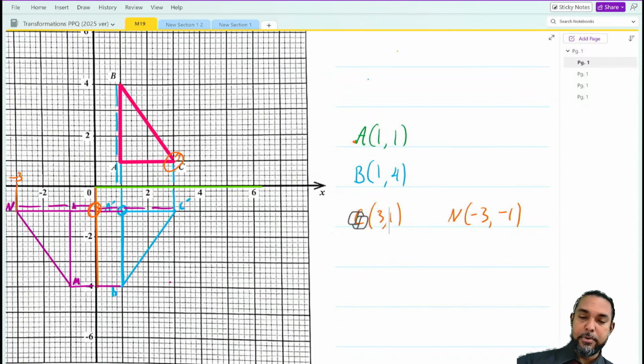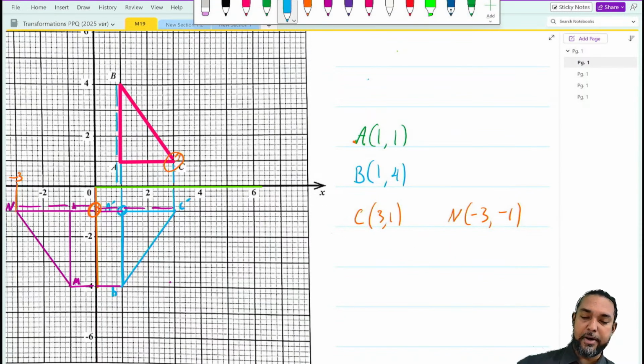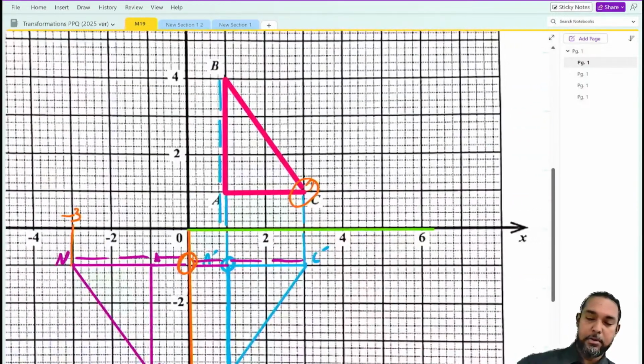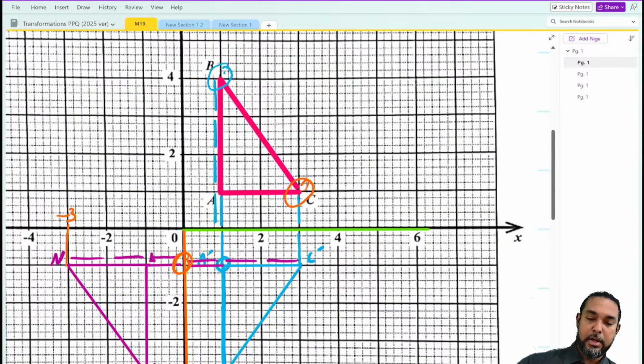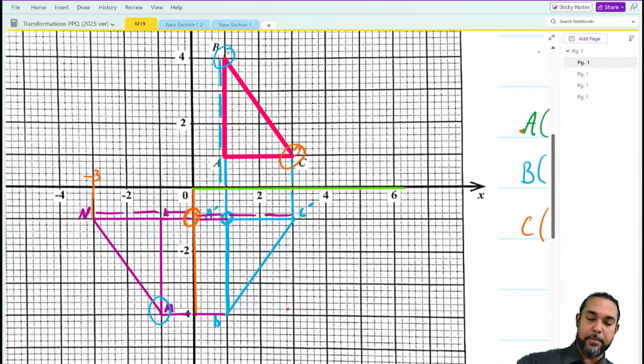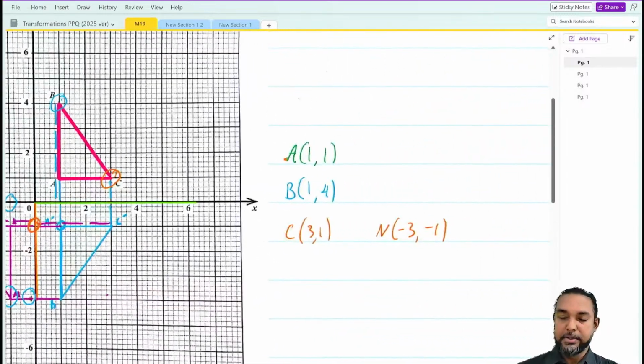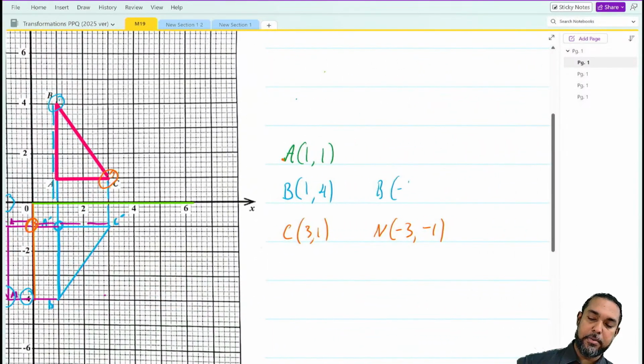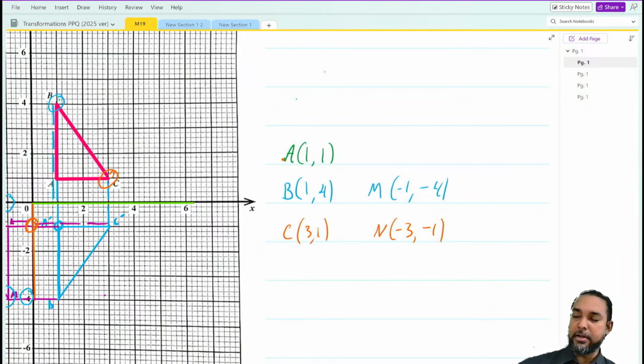Okay. What about B? All right. So coordinates for B were here, right? That was 1, 4. And the corresponding point for B is the lowest point down here. What are your coordinates there? -1 on the X and -4 on the Y. Okay, so for B, sorry, not B, M, my bad. Are you seeing any similarities here? It's the same numbers, just different signs, right? So these were both positive, these were both negative, but they had the same digit, the same number, right?